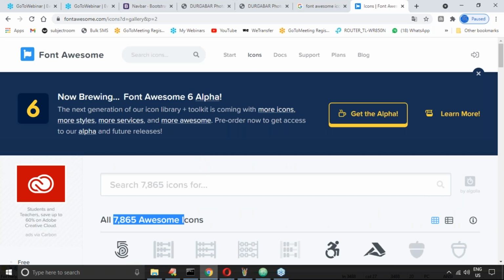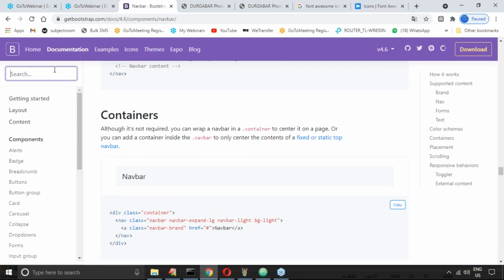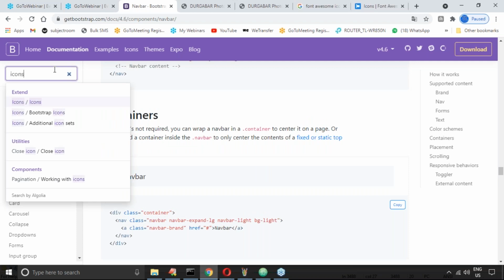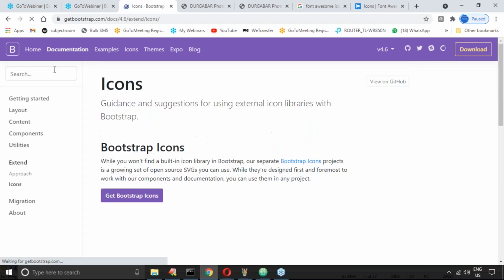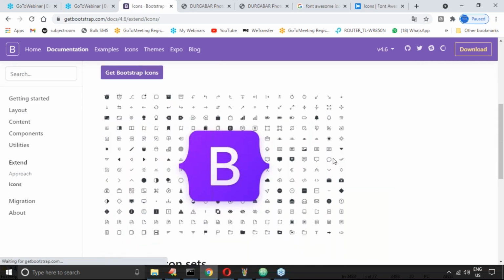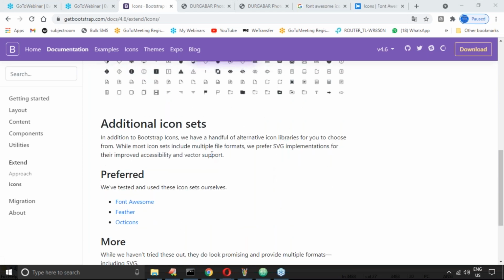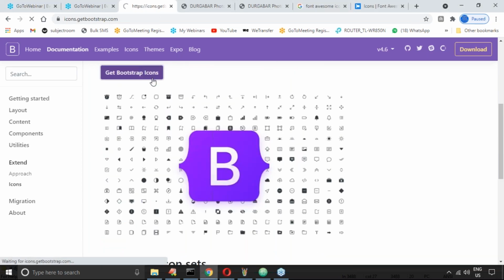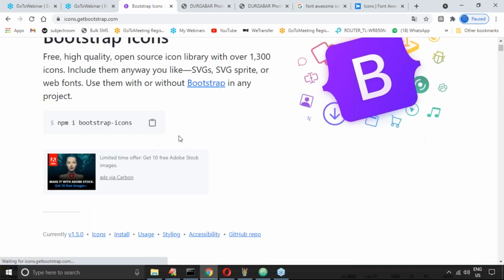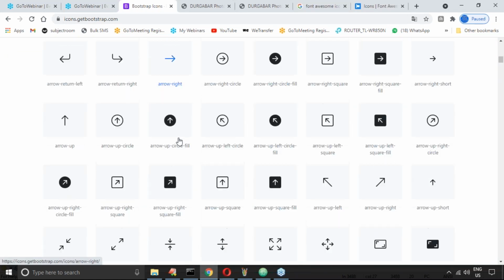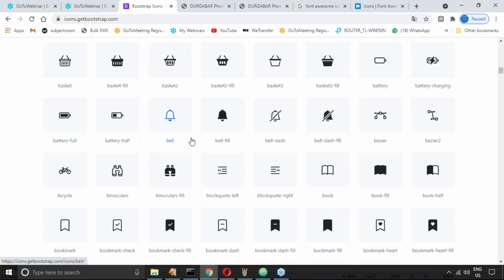Next, even Bootstrap contains some icons. Don't worry, Bootstrap has a limited set of icons. There are several icons here, like Bootstrap Icons, all provided by Bootstrap.